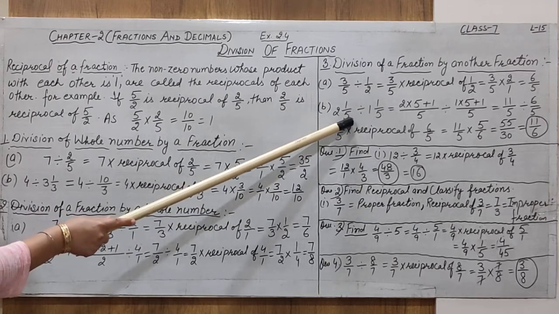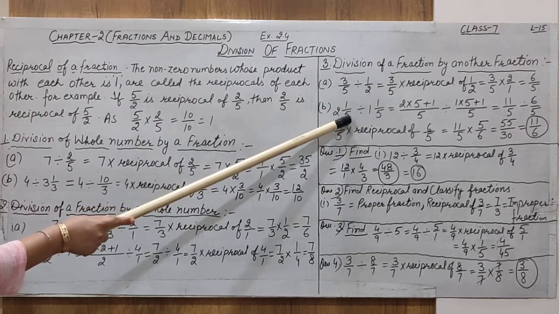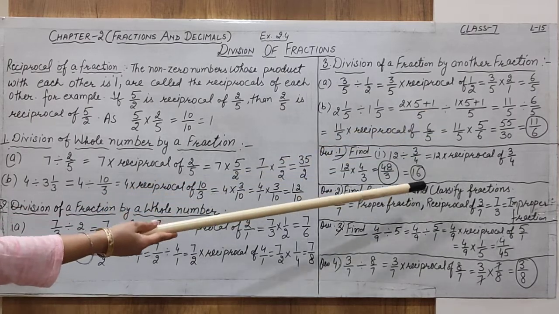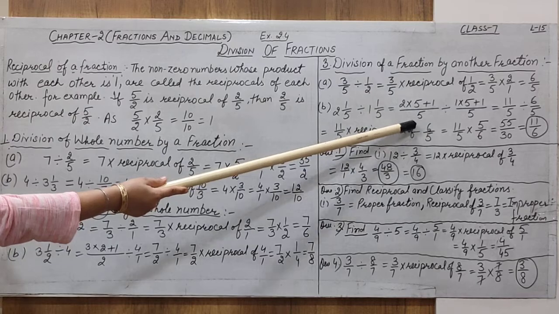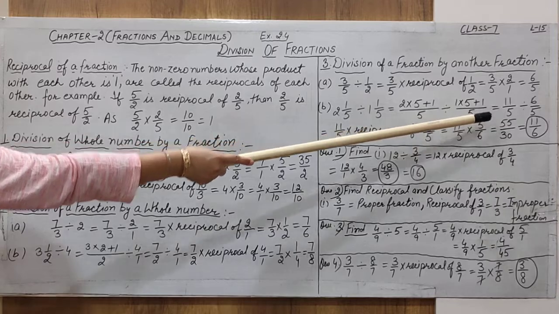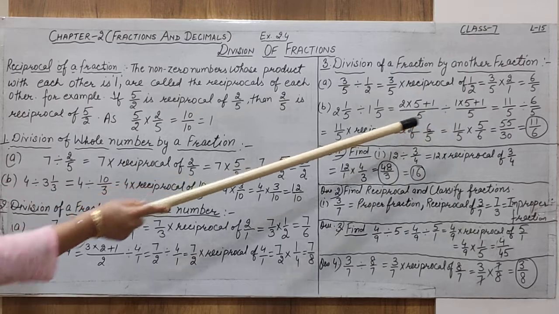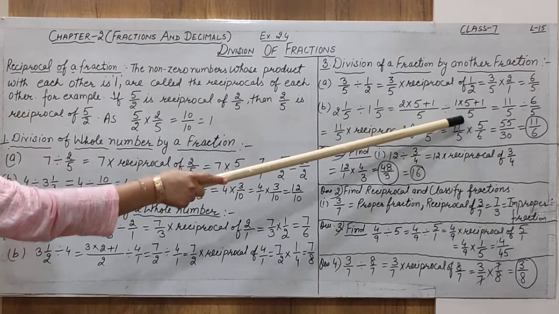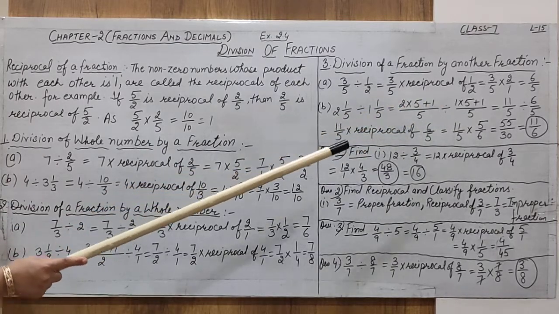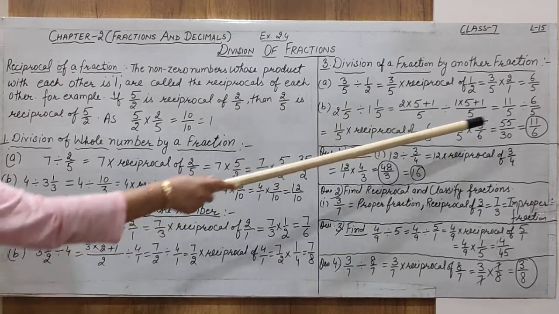The process is denominator multiplied with the whole part plus numerator, that is 5 multiplied by 2 plus 1. So 2 multiplied by 5 or 5 multiplied by 2, both are the same, plus 1, divided by 5. That is 5 times 2 is 10, plus 1 is 11 by 5. Now, the division sign we are not going to change yet. First of all, the mixed fractions are changed into simple fractional numbers, then we use the process of division. Next, 5 multiplied with 1 gives 5, plus 1, that is 6 by 5.